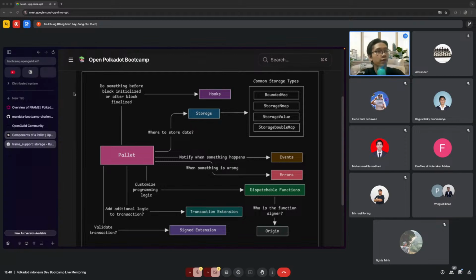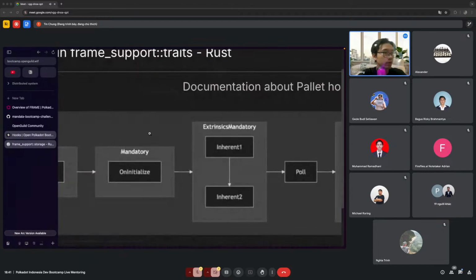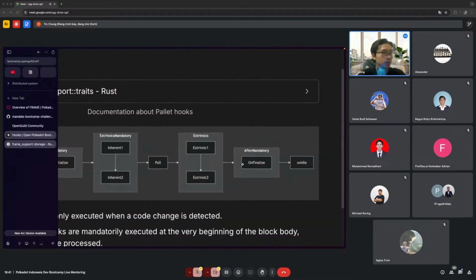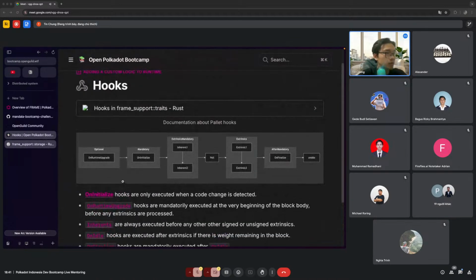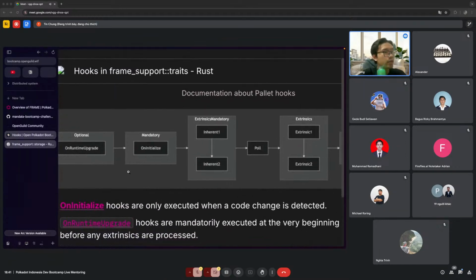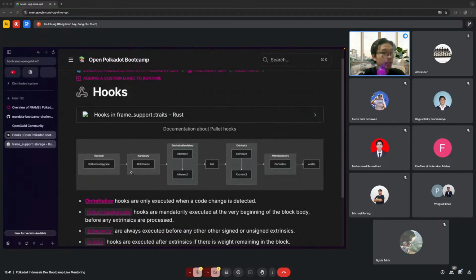Let me take a look at the hook. Yeah, so we have on initialize and also on finalize. On initialize hook is going to be triggered at the very beginning of the block body.